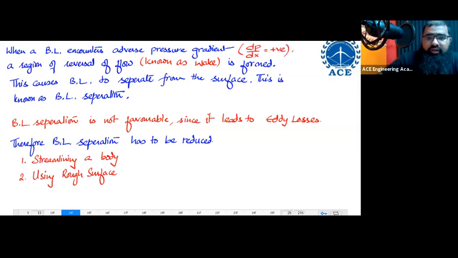Okay, using rough surfaces also reduces boundary layer separation. I'll give you an example which you can relate to very easily. Okay, you might have seen,